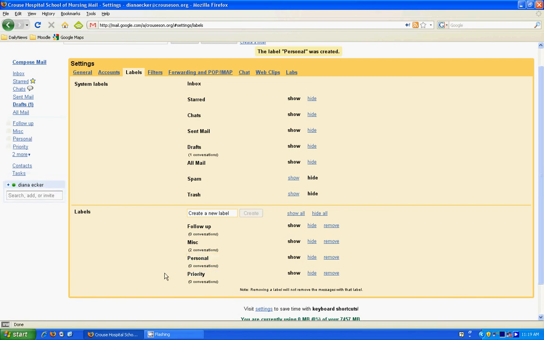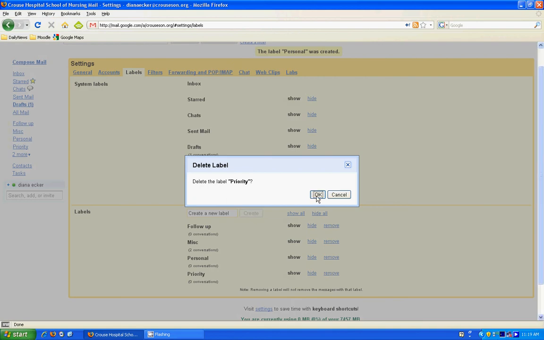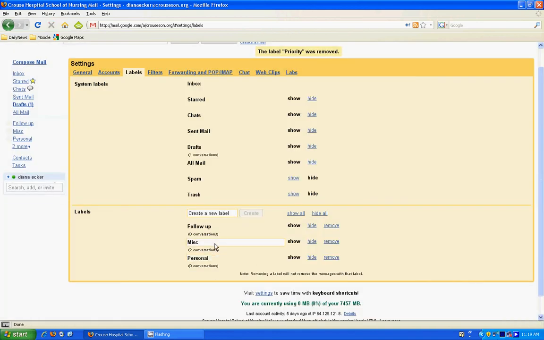So say for example I want to remove this priority label here, so I would just say remove, or I could hide it and not have it available as an option currently to me in my inbox, but later on if I decide to use it again, I can unhide it again. But for now I would just remove it and I would confirm. So that label has been removed. So now I have three labels available to me. So this way you can add, remove, hide, and play around with all the labels to better organize your emails